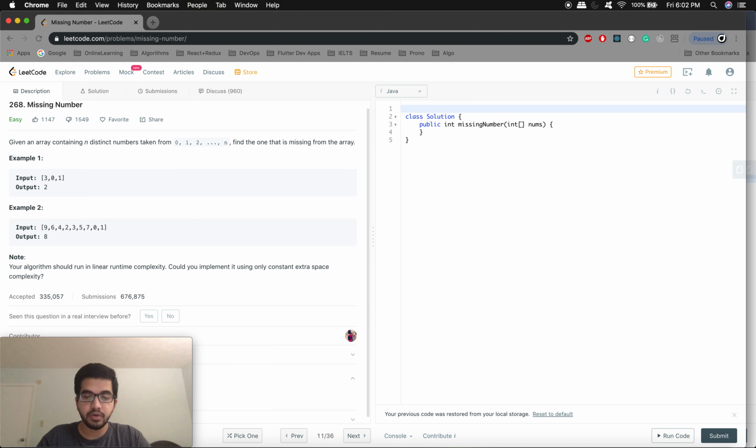So one thing you want to know about XOR in Java is x XOR x is 0 and y XOR 0 is always y. So this is the main thing which you want to remember, and that's a key point in actually solving this problem. So the way we are going to solve this problem is,